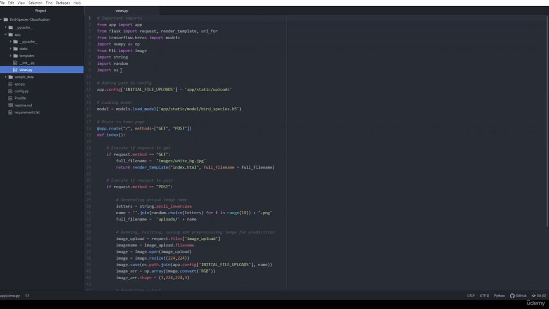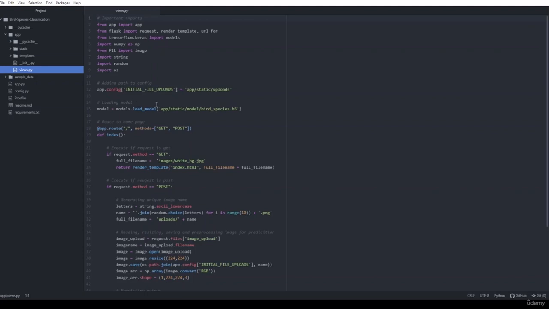libraries also. So for any Flask app, we need to set the initial file upload path. Here we are using app.config initial file upload and set the path as app, in that the static folder, and in that the uploads folder. After that, we are loading the model.